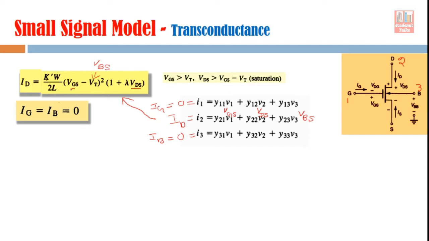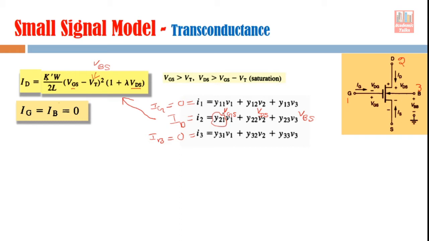So all the three voltages: gate voltage, first terminal; drain voltage, second terminal; and VT, which is related to VB, that is your third terminal voltage. So all the three terminal voltages are given here. Now let's find out Y21. So one by one we have to find out these parameters.